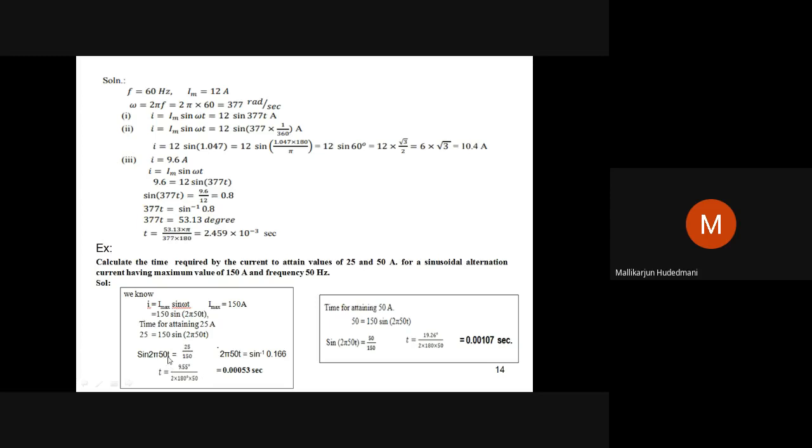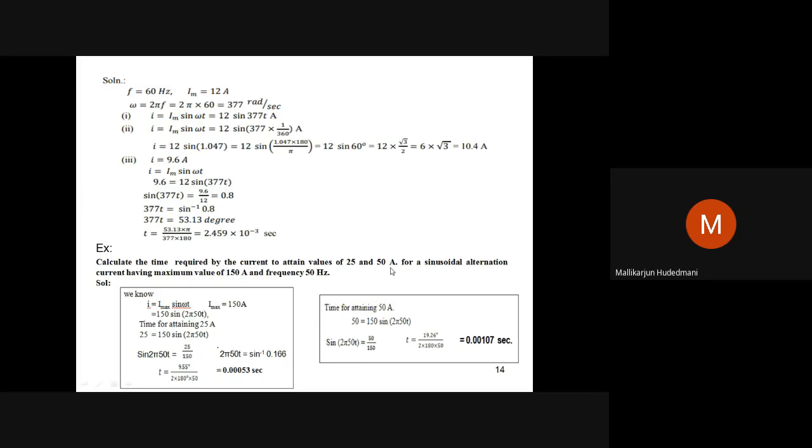2 pi f t: when you substitute 2 pi, it is in radian mode. I am repeating here: in the place of pi, if you place 180 degrees, it can be in degree mode, but I want to avoid that. My problem here, which is solved here, has that value, so you can work it that way also. When you work it, this is the numerical content, the seconds at which the value possesses 25 ampere.